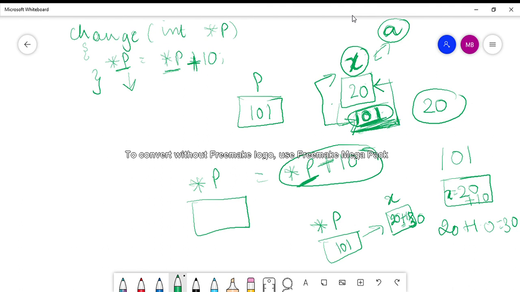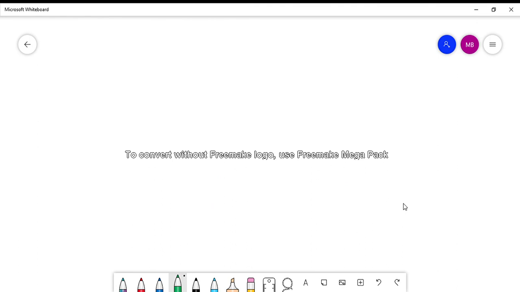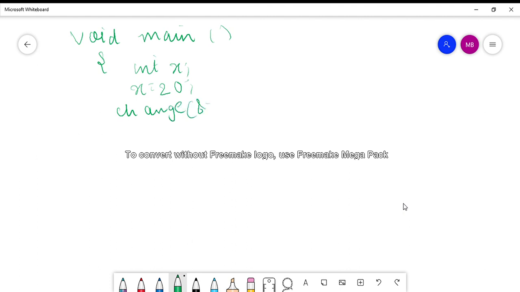When you run this program, you can try writing a printf in main. As we've already written, in main I have written int x equals 20, then I call the function change with the address of x, and then I print those changes in main.